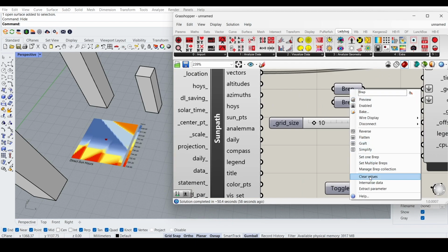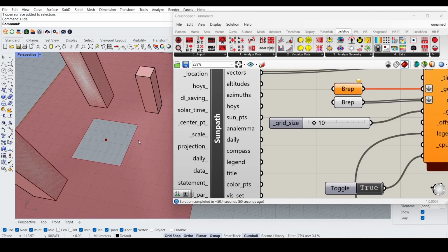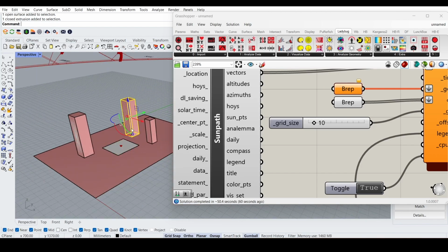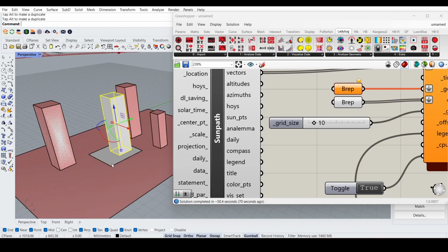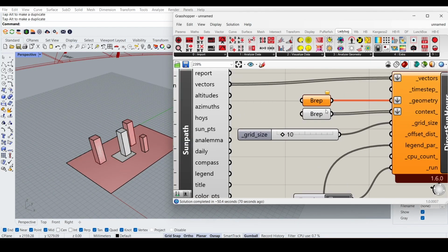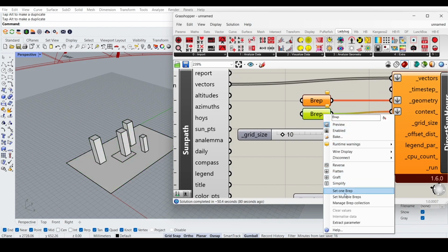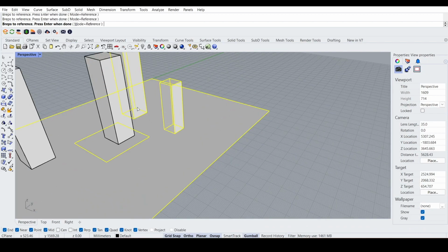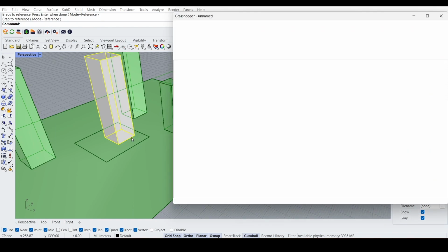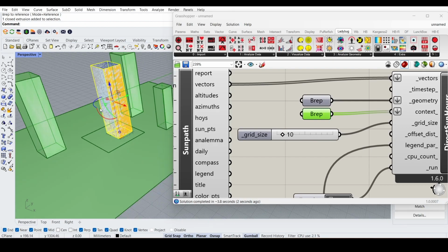If I just go up here and clear these values, and I write show here, I just want to show that the analysis doesn't have to be made on a plane. You can also choose to have another geometry you wanna investigate. So let's say in this case, I clear these values as well. My context is gonna be all of these planes and the buildings around, and my geometry is gonna be this one. So right now, it's running the calculation for this building here, and if I just hide it,